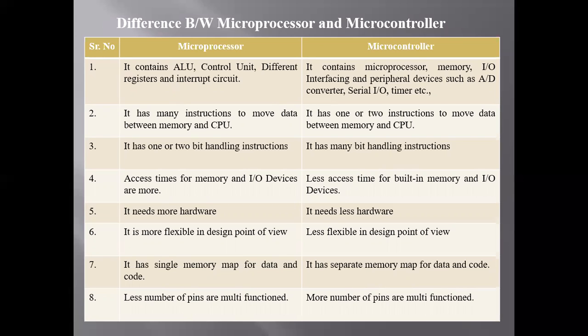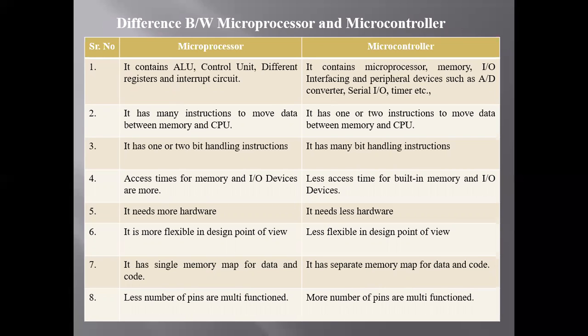A microprocessor contains an arithmetic logic unit, that is ALU, control unit, different registers, and interrupt circuit. A microcontroller contains a microprocessor, memory, input-output interfacing, and peripheral devices such as analog to digital converter, serial input-output, timer,